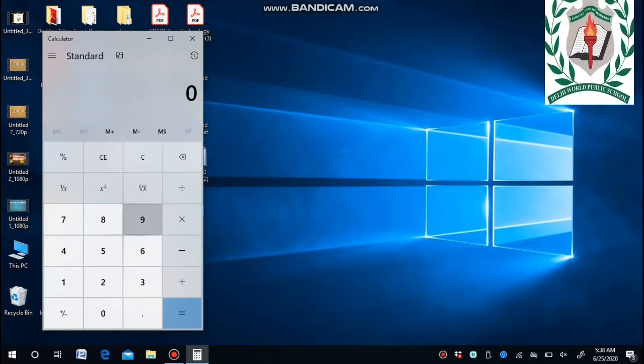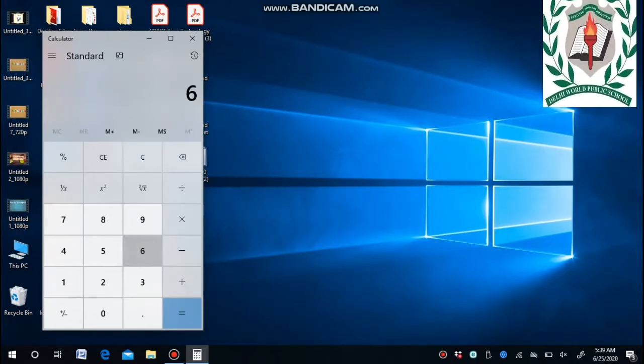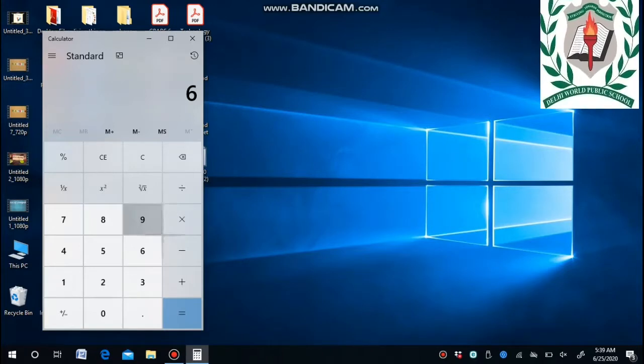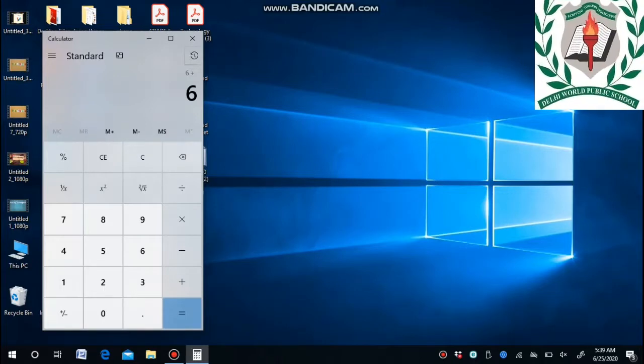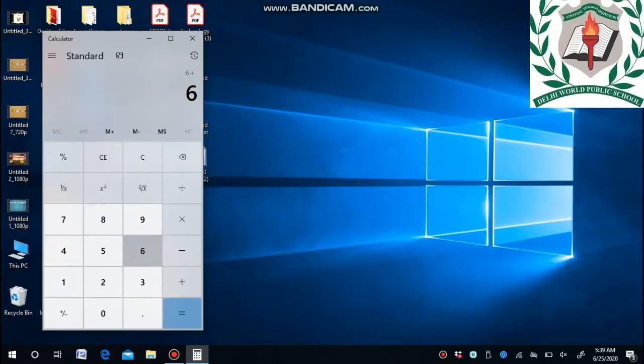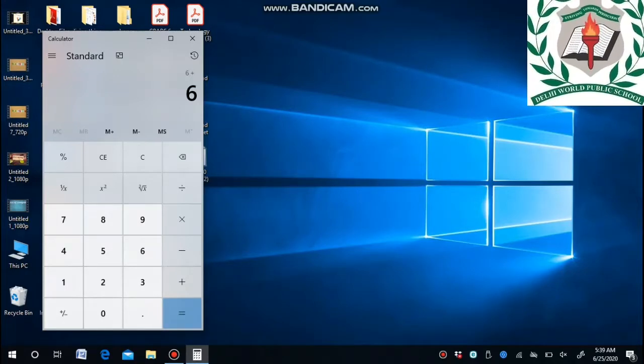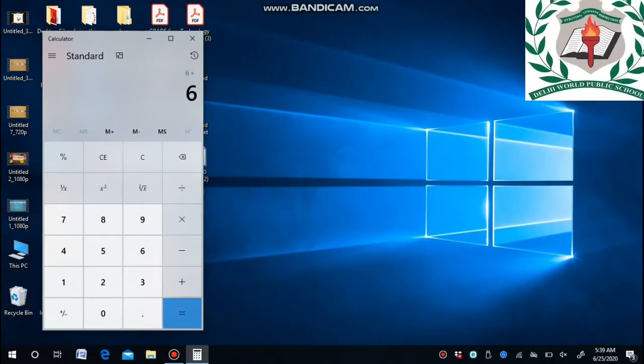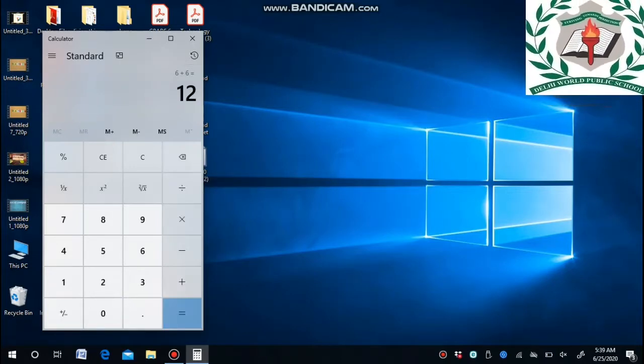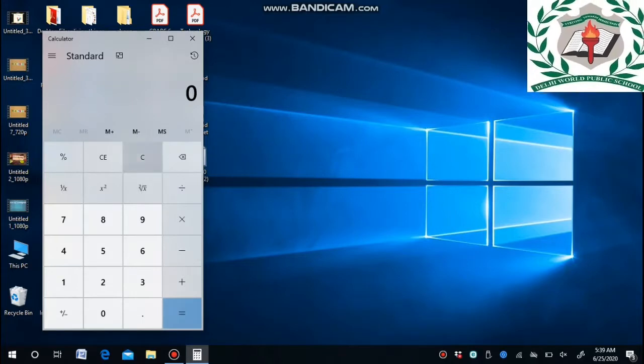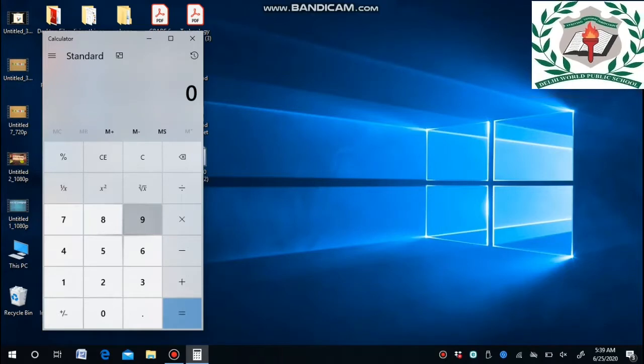C appears on that screen, right? You may just click it. Let me practice the next sum. I click 6, then again the plus symbol, and then I click 6 again. So 6 plus 6, we need that answer. Click equal to. What answer do we get? Yes, 12. 6 plus 6 is equal to 12. Whatever you type on that screen will appear in the calculator.